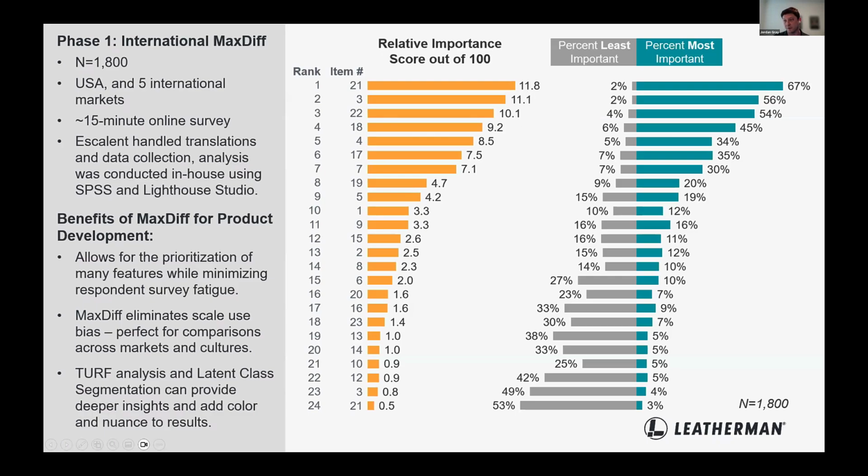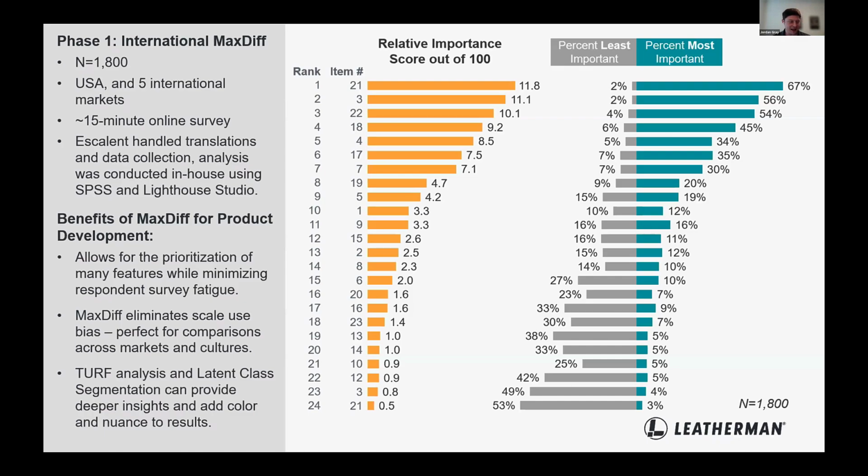And so again, if you're unfamiliar with this, for rank 1 item 21, 67% of the respondents selected that as being the most important item when it showed up in the MaxDiff, and only 2% said it was the least important. And it follows down in this kind of linear path, but you can see some differences here as far as polarizing results, where the same proportion of respondents are saying it's not useful and it is useful. So I think it just adds to the explanatory power of the MaxDiff, and it's a really useful visualization to contextualize the results for non-practitioners.